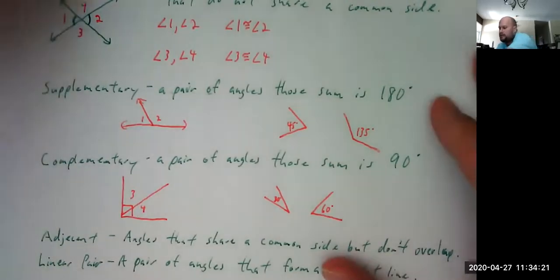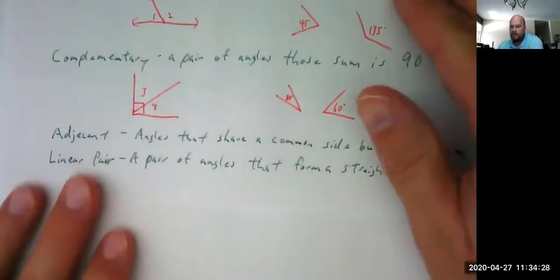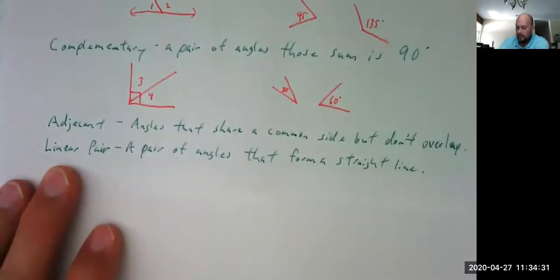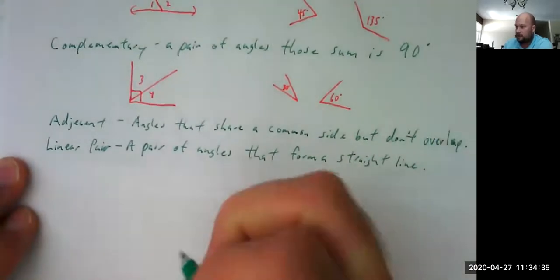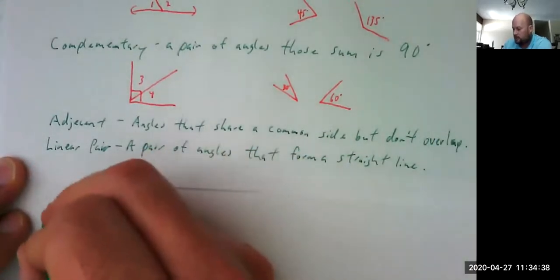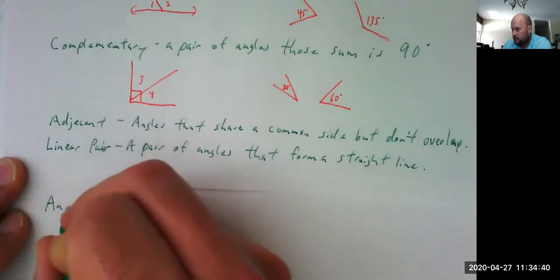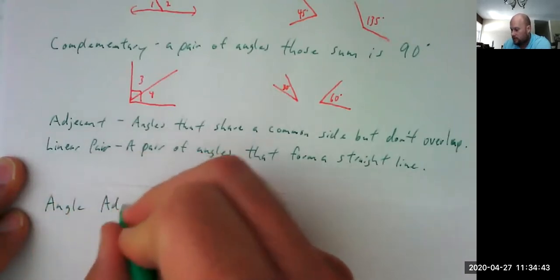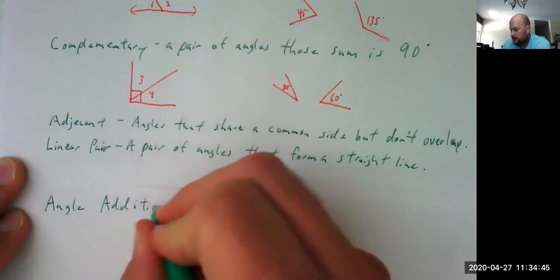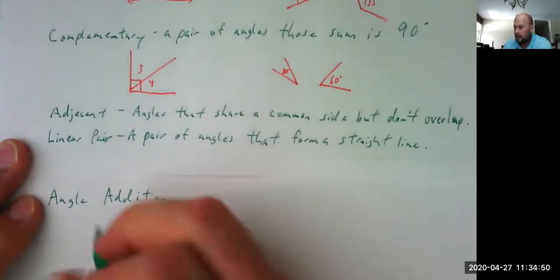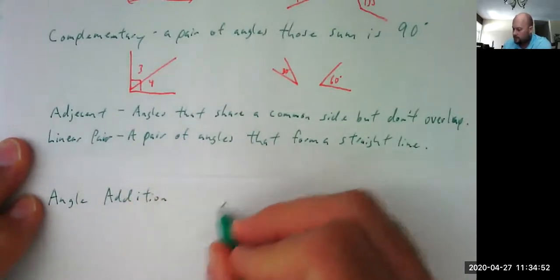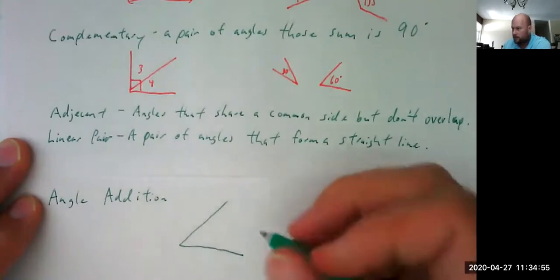The other things in this section, there are a couple of key concepts that we need to know as well. So let me move that up a little bit. So the next key concept is what we call angle addition postulate. Again, this is all geometry. Angle addition. And you don't have to remember it's a postulate for this class, but you have to know what angle addition is. So I'm just going to say angle addition. And if I drew an image over here